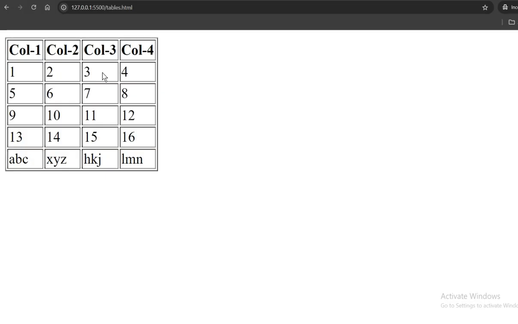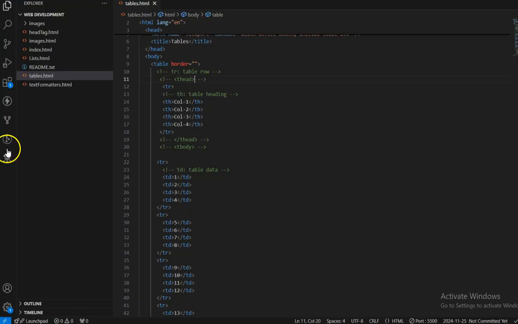Okay, it will make no difference or no change over there, but the only reason why we use table head and table foot and table body is if we want to style something different for header, something different for body or something different for footer, in order to group them, we can use our TH, T body and T foot. Again, it's not a mandatory practice to use them, but it's always encouraged to use those particular